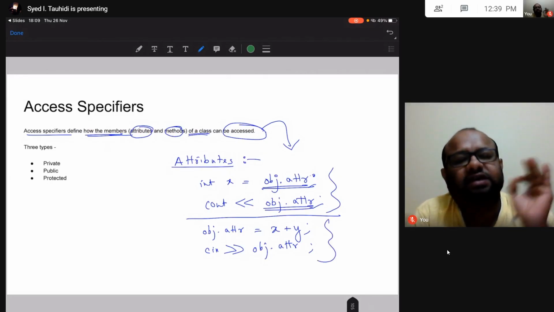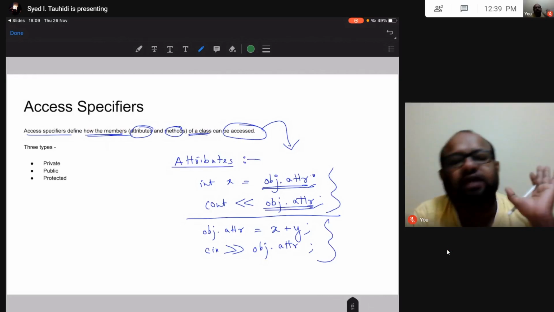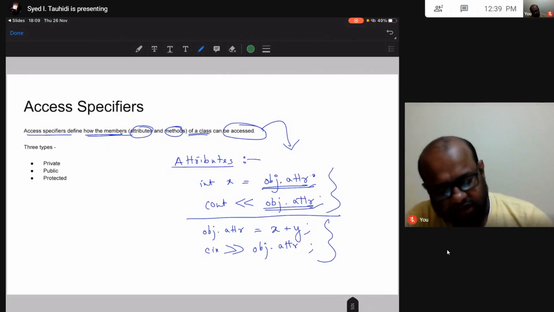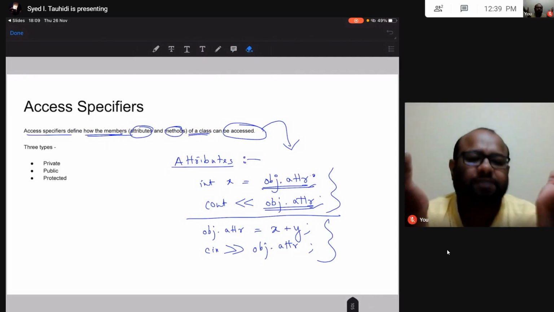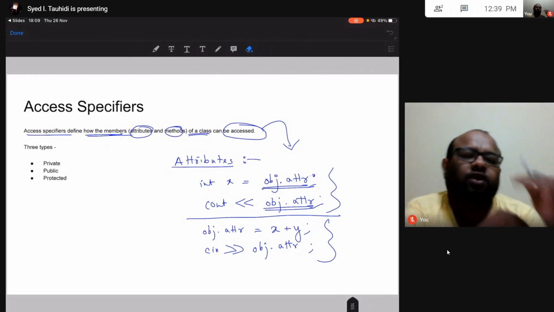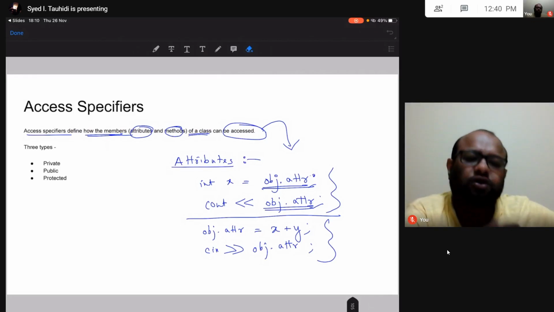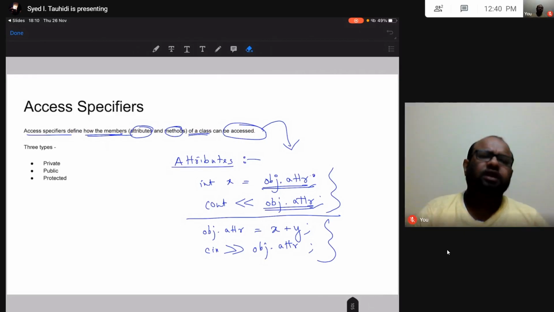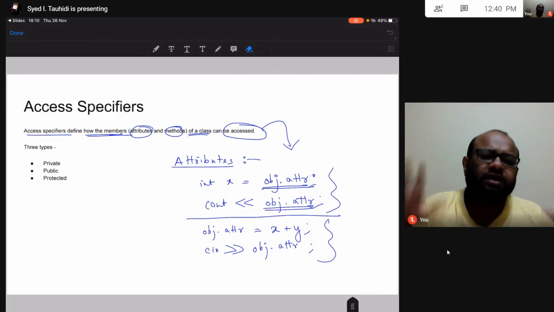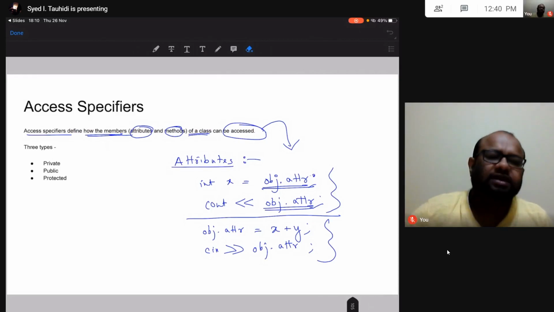Alright, if I have access to an attribute, I will be able to read and I will be able to write the value of the attribute. This does not happen, that I can read and I cannot write. For that there are other things, const, final, those kinds of keywords. We are not talking about those. Here everything is normal, there is nothing constant, there is no final data attribute.